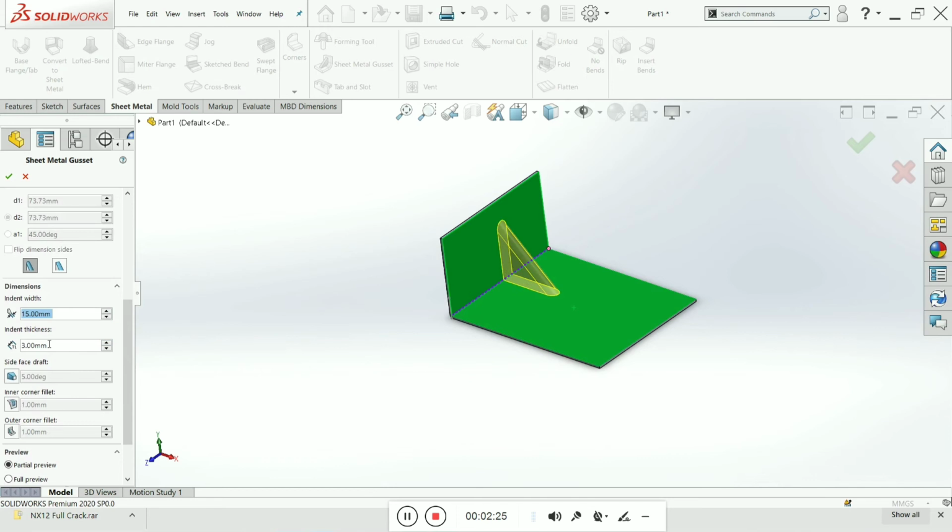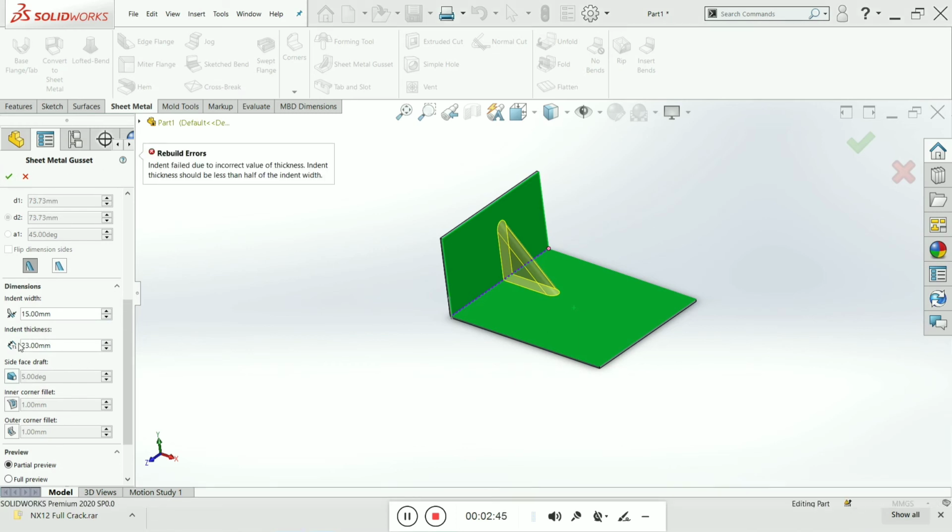It's enough at 15 mm. And for indent thickness, just clarify in your mind, the indent thickness should be less than the indent width. If you make the indent thickness more than the indent width, the gusset will not be created. If you click OK, you will see a rebuild error.